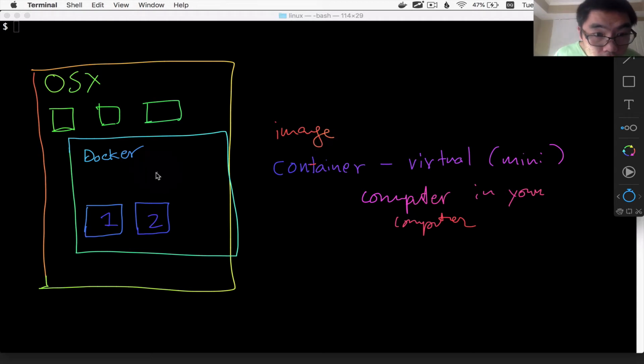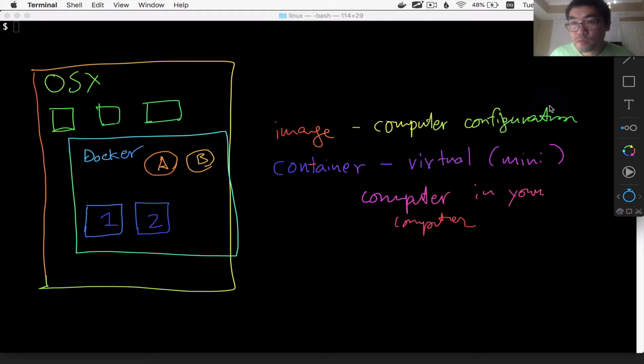And an image, I'm gonna draw in maybe a different shape. Maybe an image is like a circle. So what is an image? An image is a computer configuration. So one image might be a Debian image.